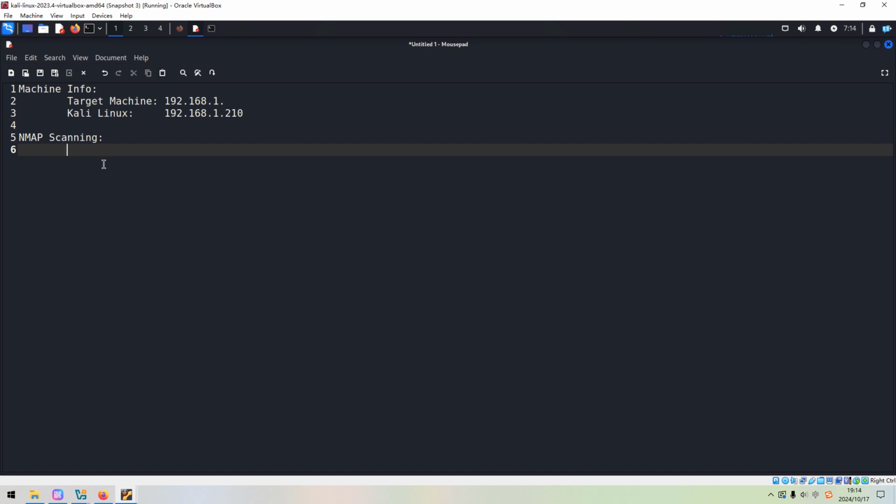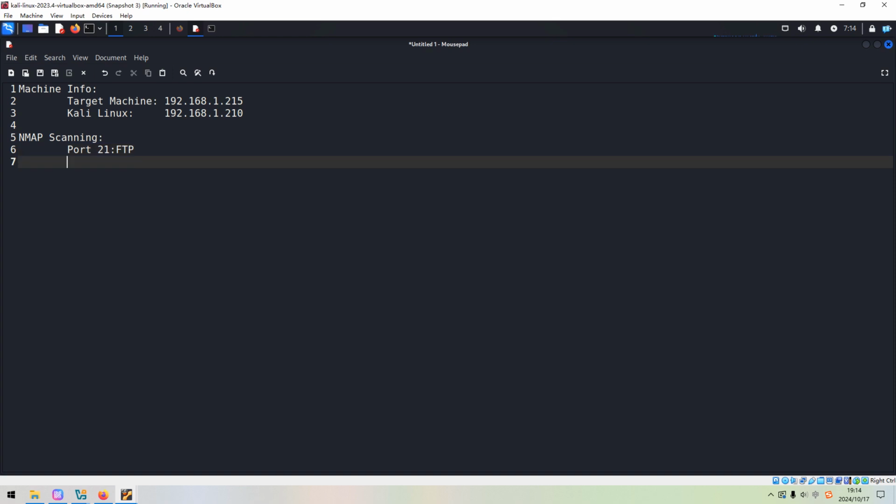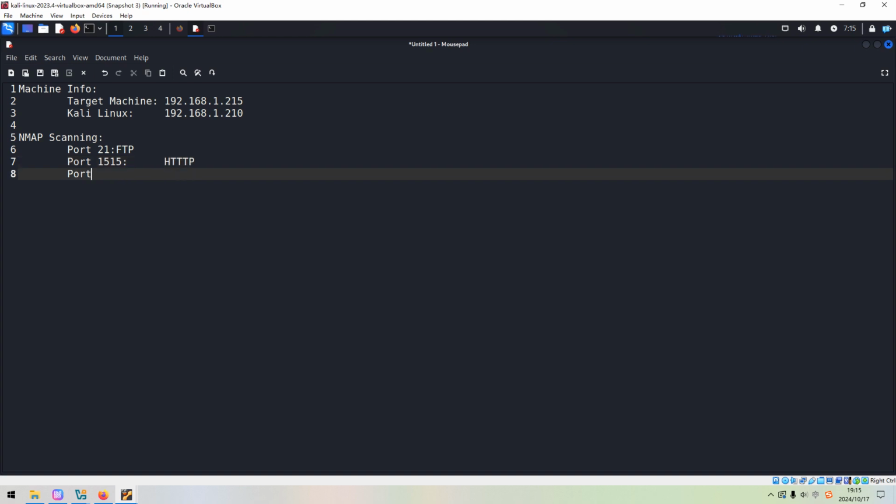So port 21 is running FTP service, port 1515 is running HTTP service, and port 3535 is running SSH service.